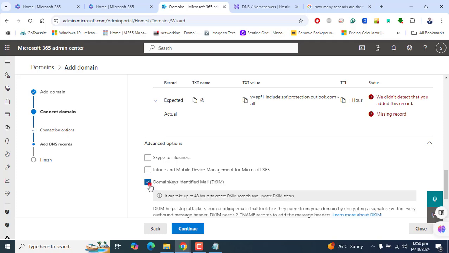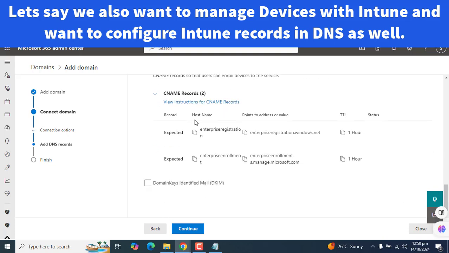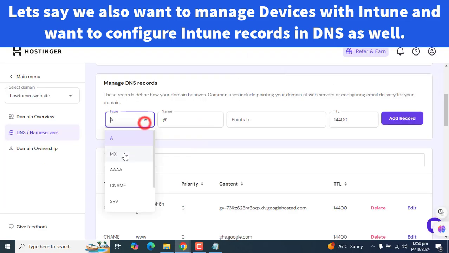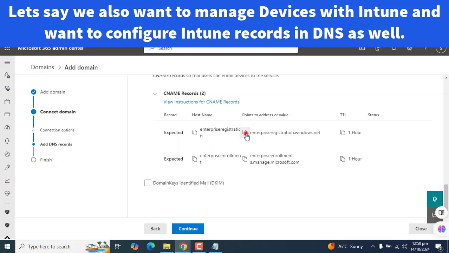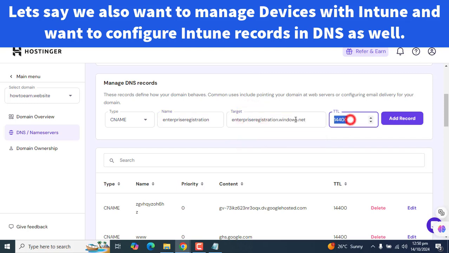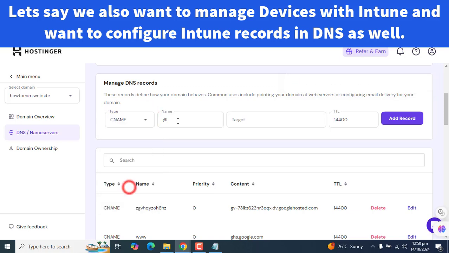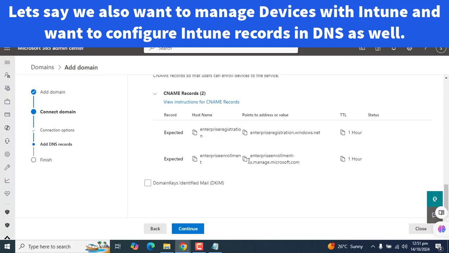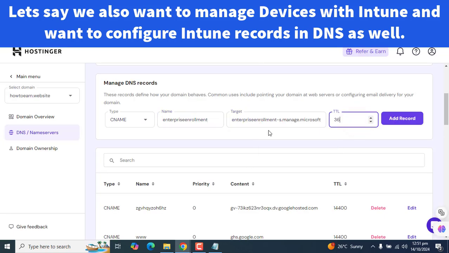So for your understanding, let's say we want to manage our devices and we want to add a CNAME record for Intune. Let's go ahead and select CNAME record, the name enterprise registration, point to address this one, and 3600 TTL. Let's go ahead and add the second record. CNAME, the name here, the value here, and the time here. We have also added